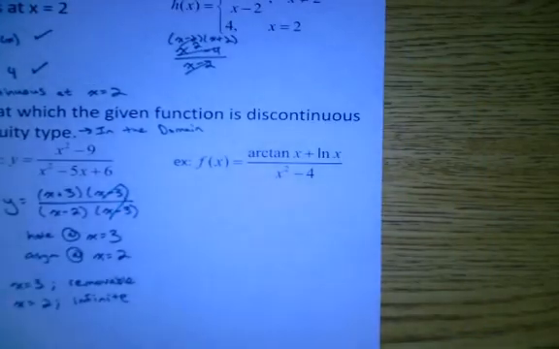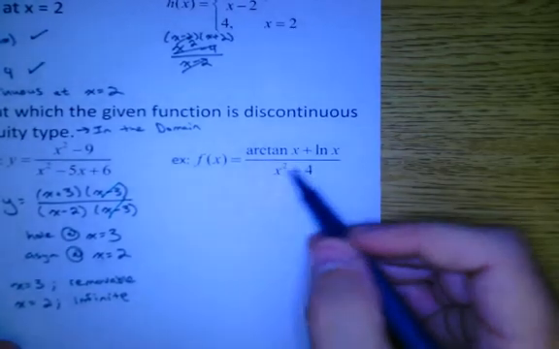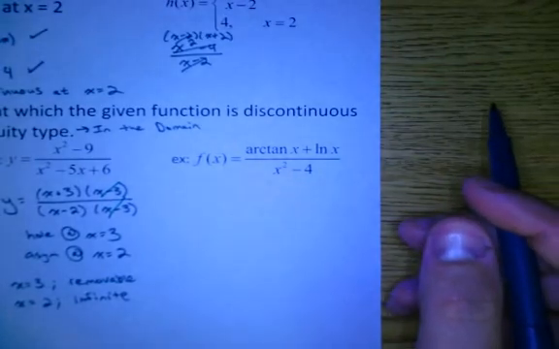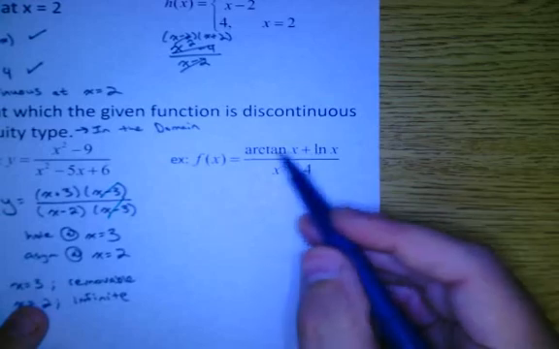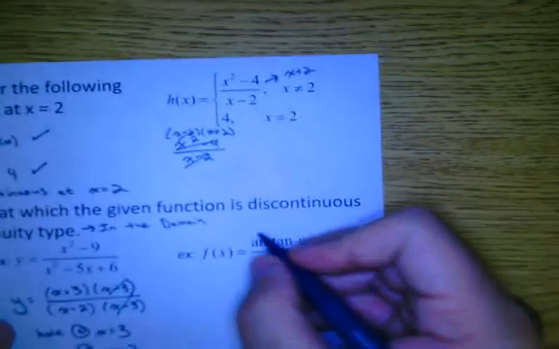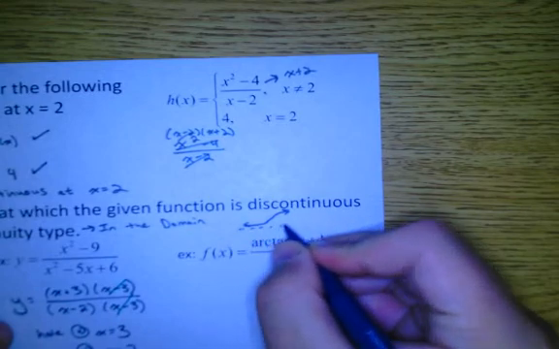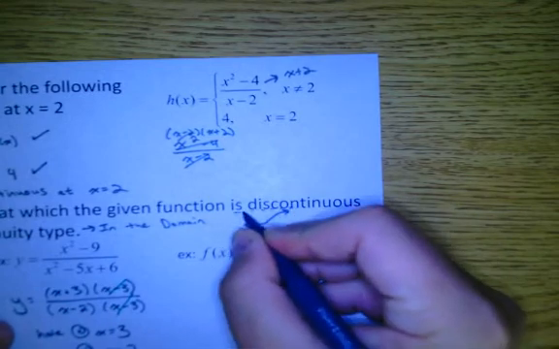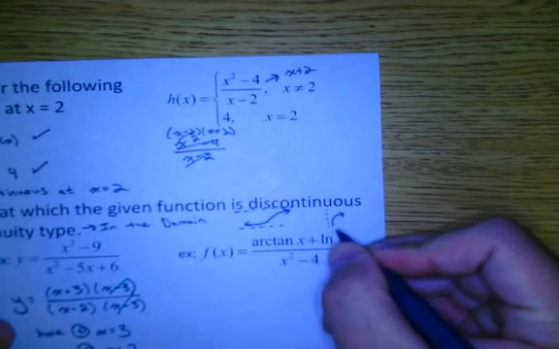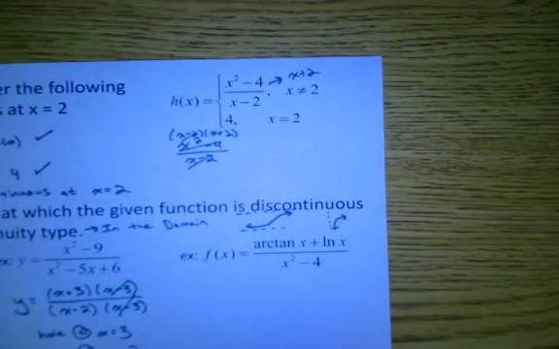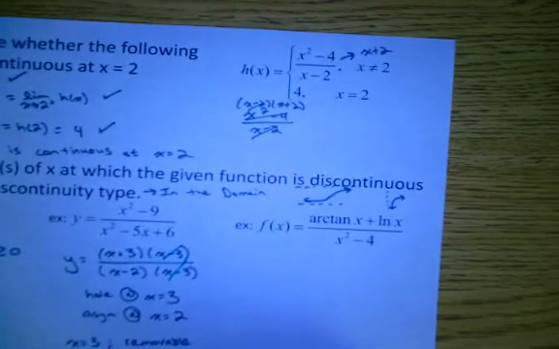Alright, so this example is going to kind of bring both of the previous examples together. So we have arctan of x plus ln of x over x squared minus 4. So these top ones right here, they are continuous. It's nice to know what these graphs look like. Arctan looks something like this. And then ln of x looks something like this. So they're continuous over their domains,